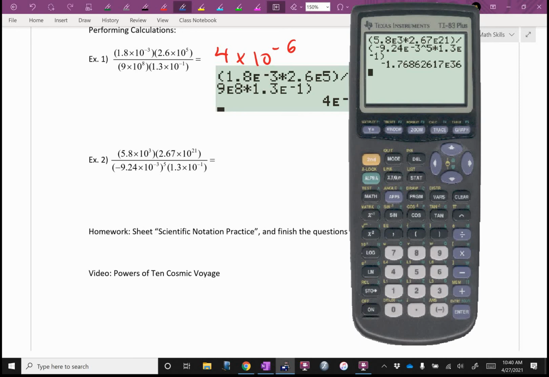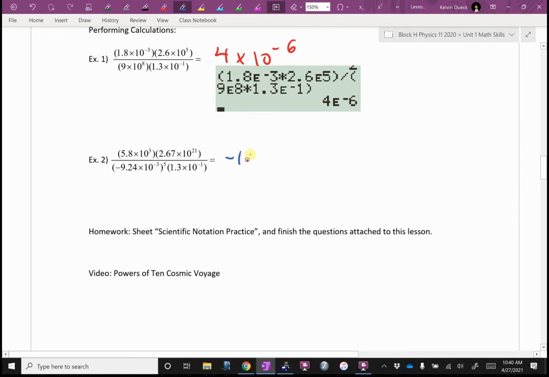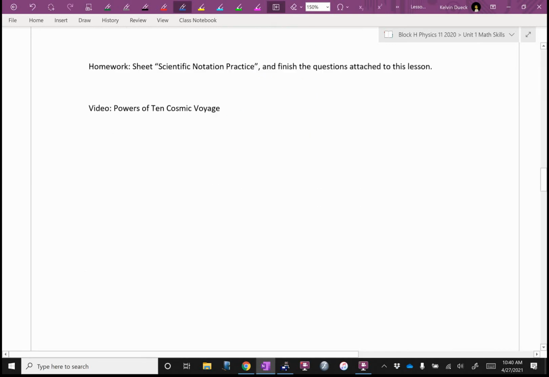So how many decimals do I write? Well, it turns out there are rules for rounding off. It's called sig figs. I haven't taught you those rules yet. Some of you may have come across them if you took Chem 11 already. I'm going to go 1.77, negative, sorry. 1.77 times 10 to the 36th. Okay? Now, if you didn't get that, I'll come around and help you in just a second. But for now,